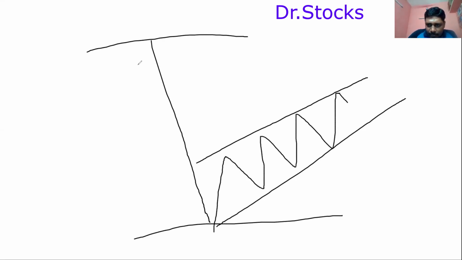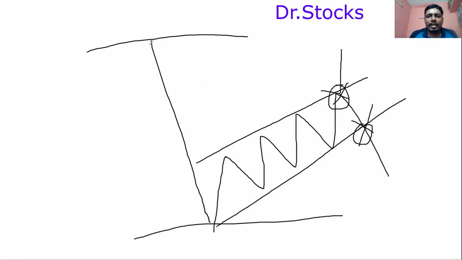Any break below this will be your entry for short, and any break above is an ideal point where you have to be very careful, because from here the market is changing. How to catch this reversal, I'll let you know in another pattern. Right now you can concentrate on the one I am showing. This is the inverted flagpole pattern. This is the pole, and this is what happens in the format of the flag. This is one of the powerful ones.